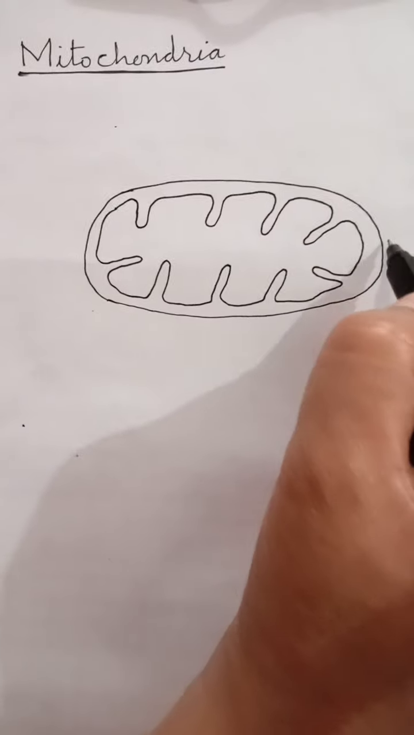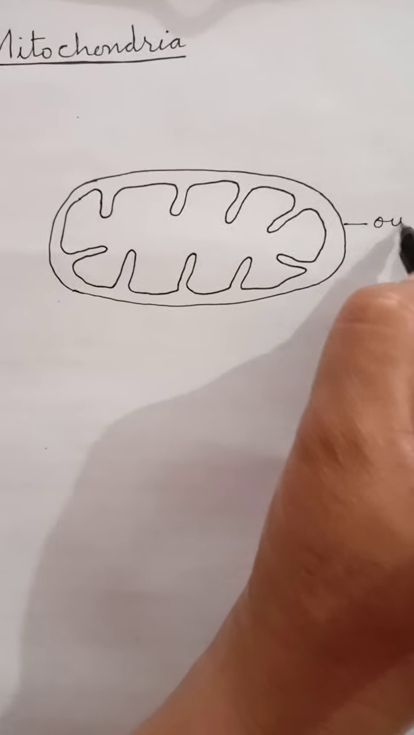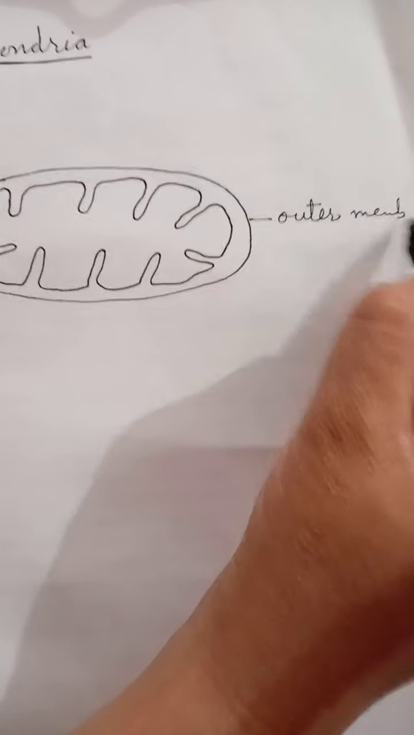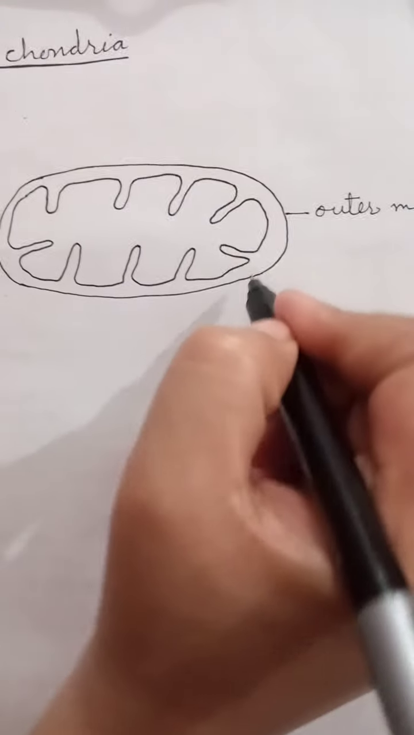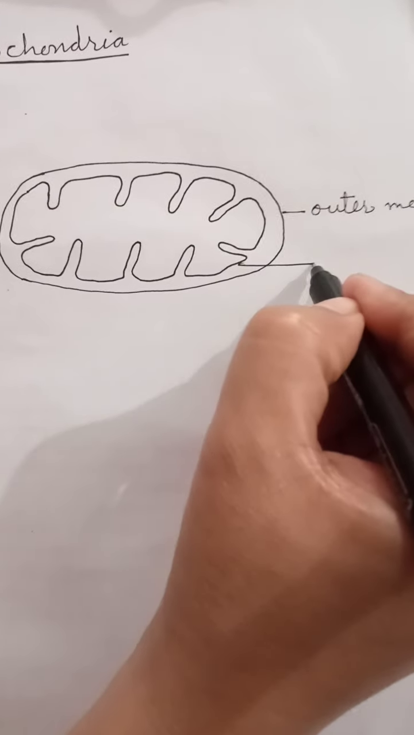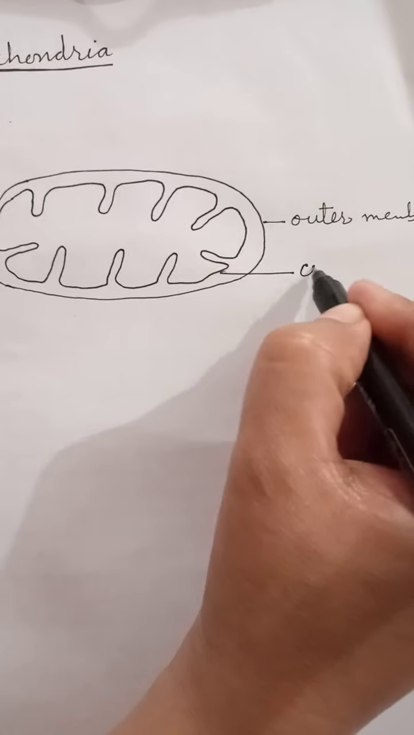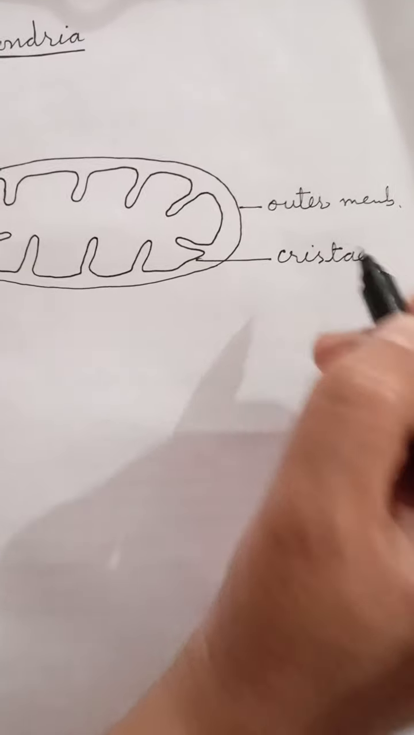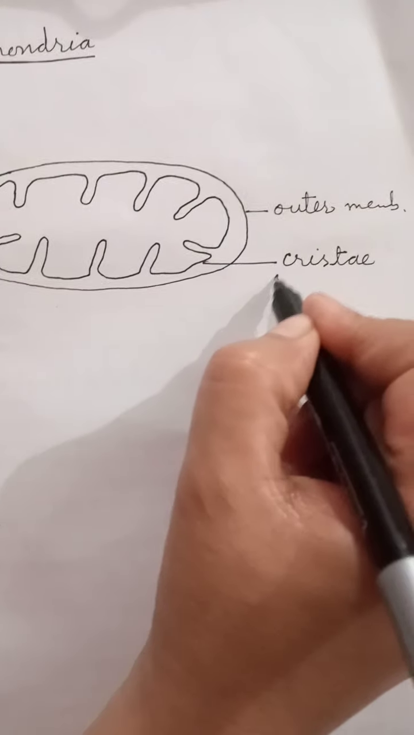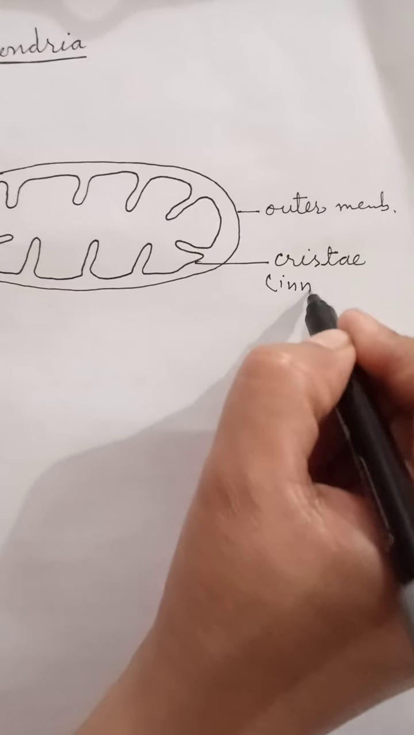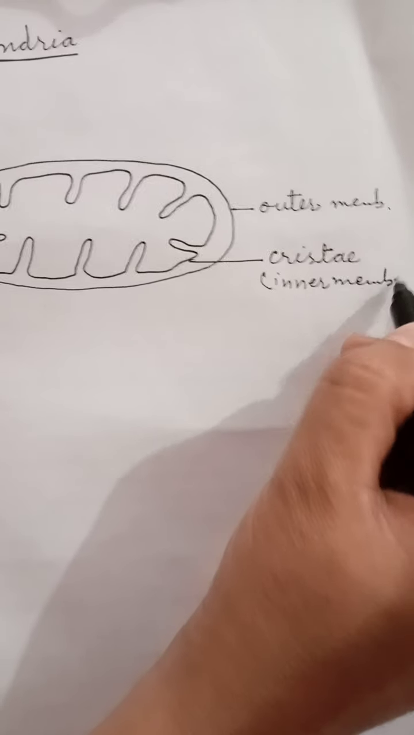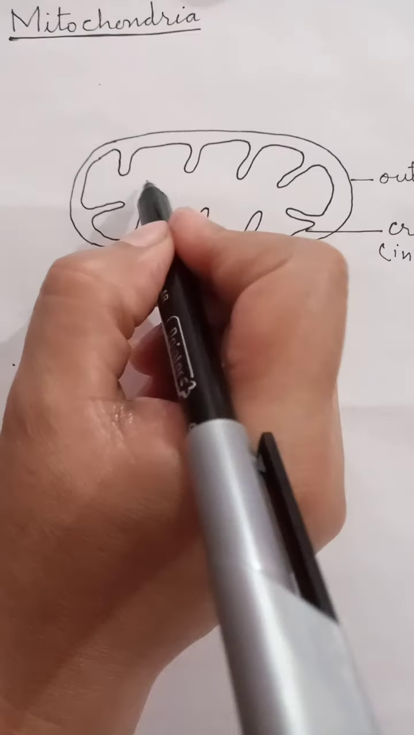Okay, this is the inner membrane, and the outer membrane is smooth, and this is the inner membrane. These enfoldings are called cristae, and this is the inner membrane. Students, mitochondria,